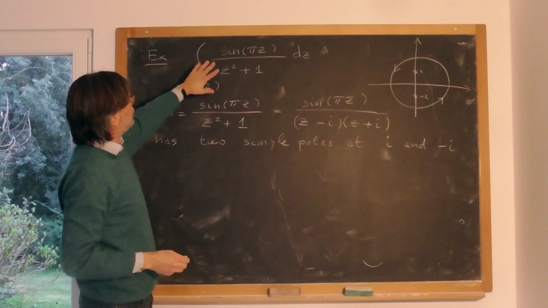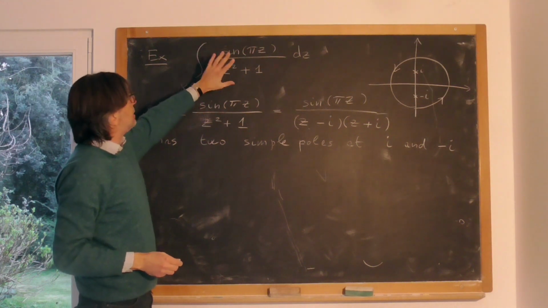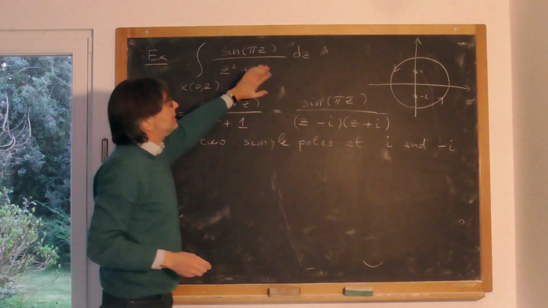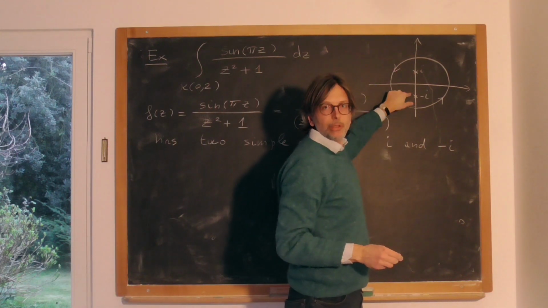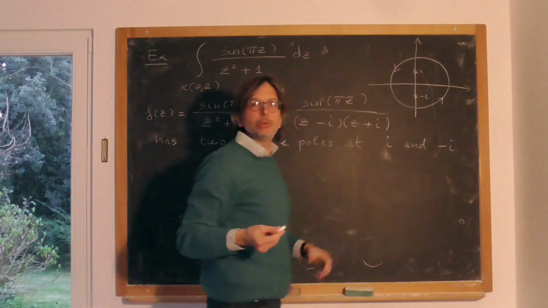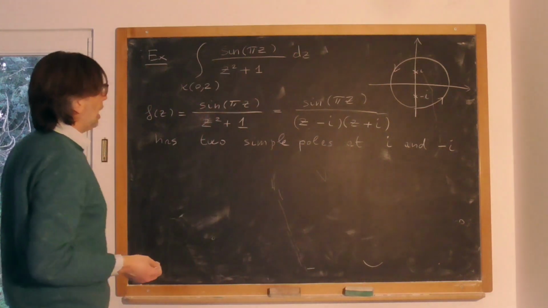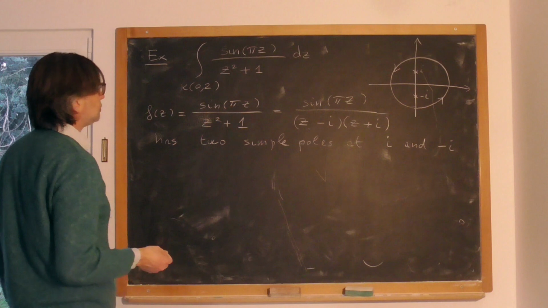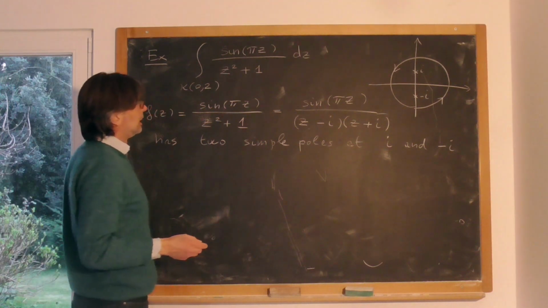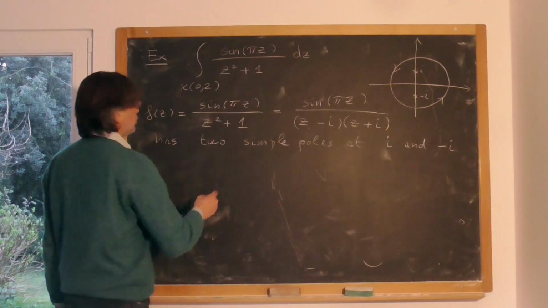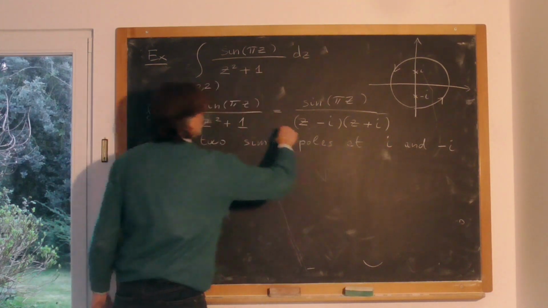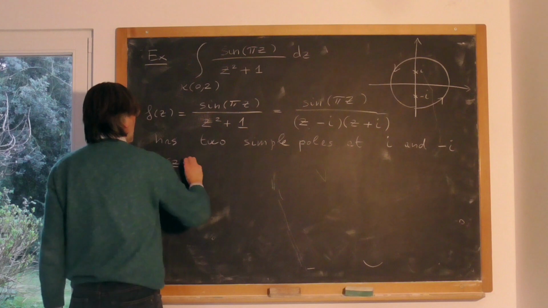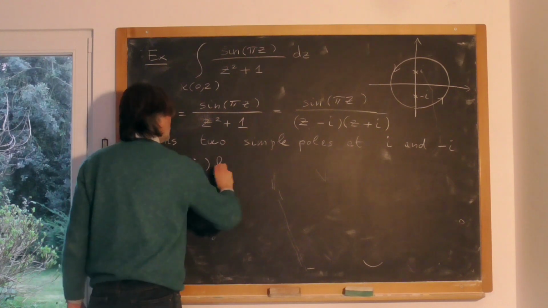So the value of this integral will be precisely 2 pi i times the sum of the two residues here. So we have to compute these two residues. We have simple poles, so to compute, for instance, the residue at i, we multiply our function by z minus i,